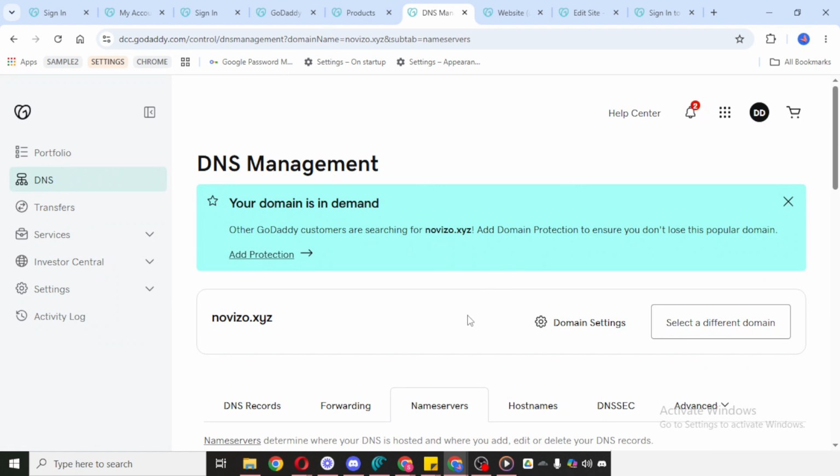After opening the DNS page, look for Settings and click on it. Inside Settings, find the option for Delegate Access. This feature allows you to invite another person to access parts of your GoDaddy account in a controlled way. It's a safer option than sharing your password, because you can decide what level of access they should have.